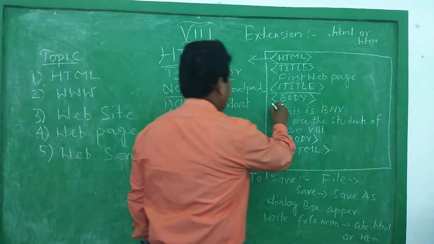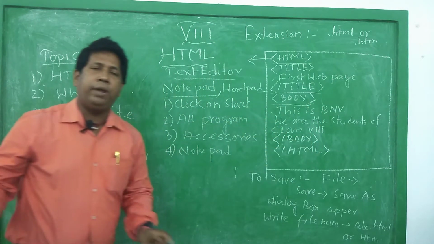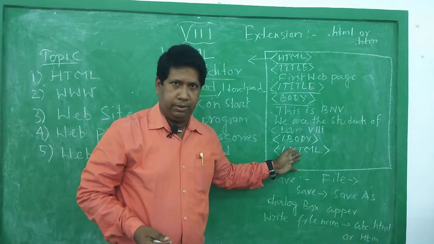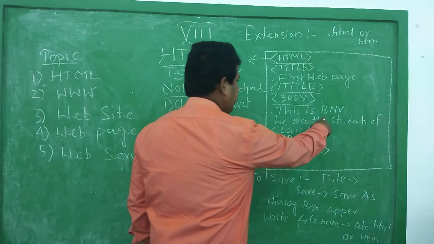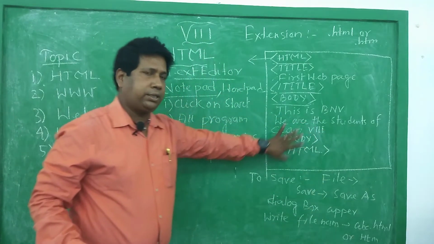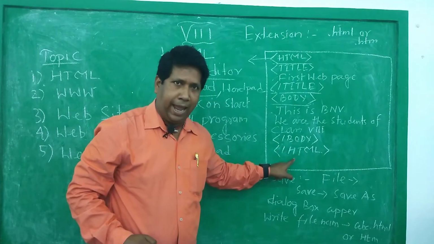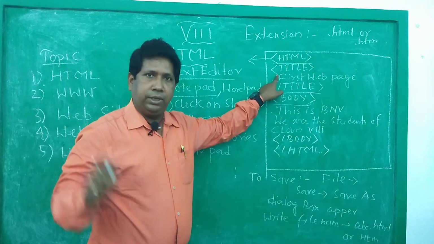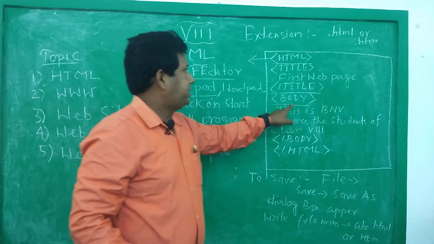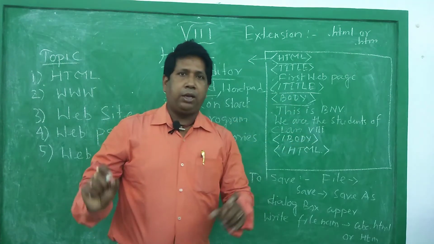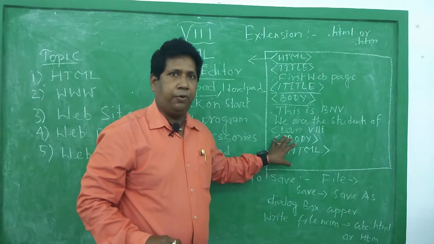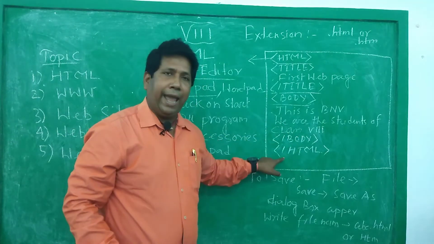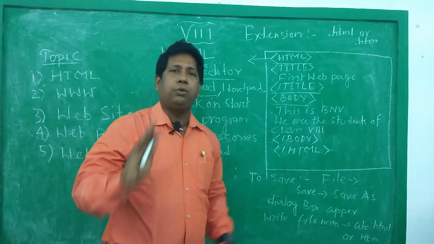After that, we go with the body. This is the main part of the HTML. Whenever you try to display anything in the web page, you must write it in between the body tags. After that, you can write some information text over there, and you must close all these tags with closing tags. Just see, first HTML, then title, which displays the title in the title bar. Next is body, which is the main part of the HTML, which displays all the necessary information in the web page. After completing your web page, you must close the tag with slash. This slash means this is a closing tag.